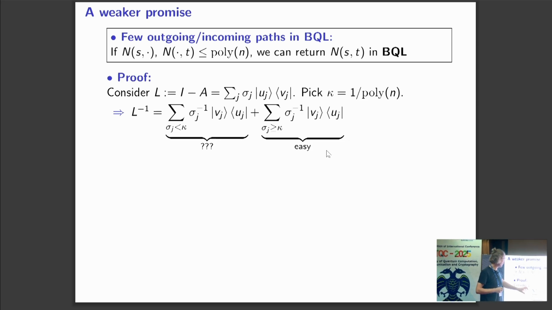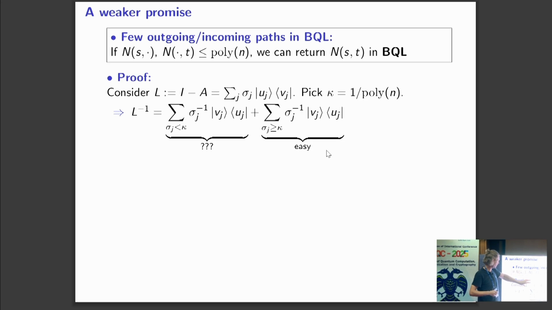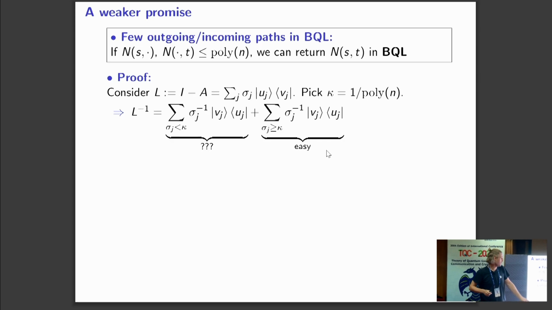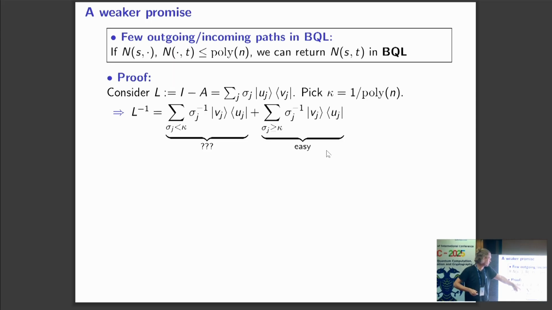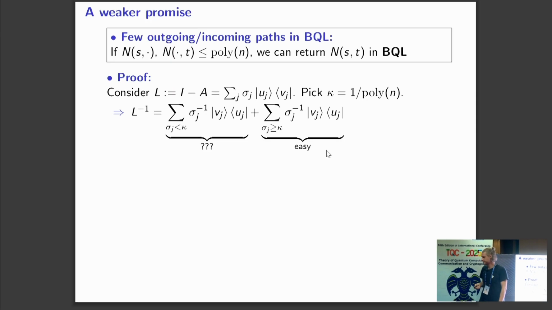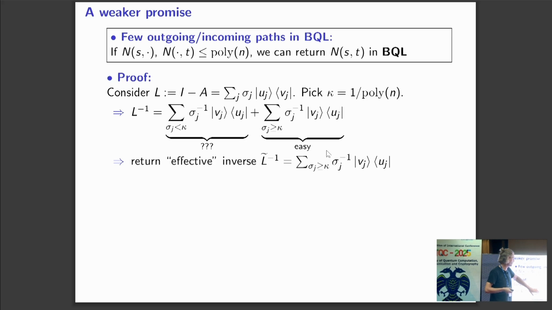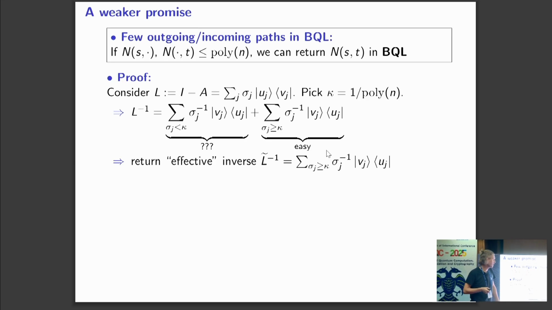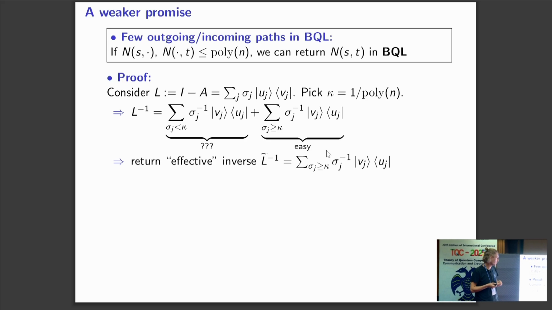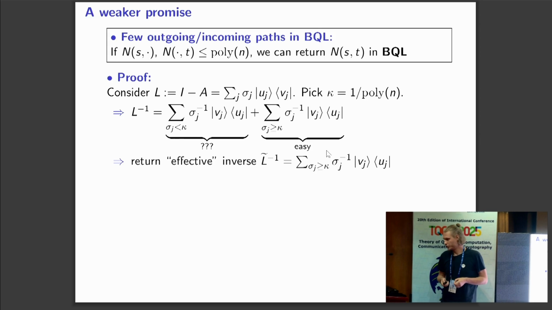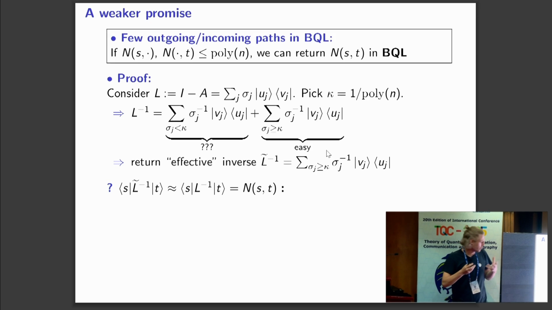Right? So we have these small singular values, the ill-conditioned part, and then you have this well-conditioned part. We can invert this well-conditioned part, but we have issues with inverting this part. So what we do is return the effective inverse. We just ignore this part, and just return the well-conditioned part. Good, so that seems a fair attempt, but of course, the question now is, do we